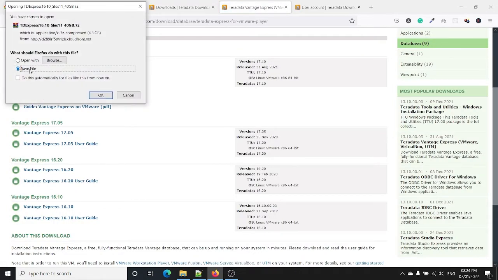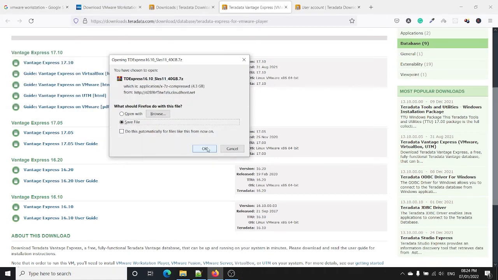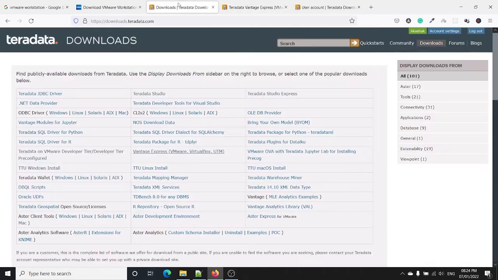So after doing certain steps, such a link appears and you can click on OK. The file will be downloaded. This file looks like 40 GB, so you will understand why this file is 40 GB. It is not actually 40 GB, it is 4.3 GB, but when you set up your machine, it will rise up to 40 GB. So I will cancel it as I have already downloaded it for you. Okay, so let's cancel it. Then the first software we have downloaded successfully.